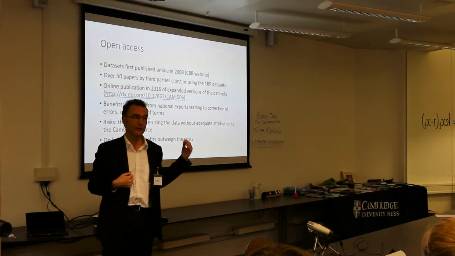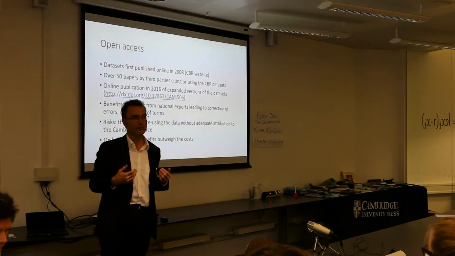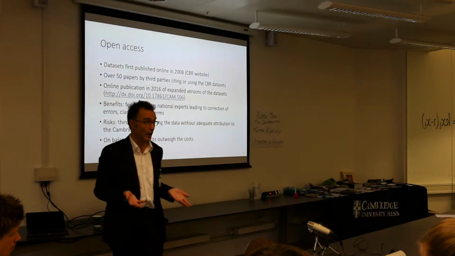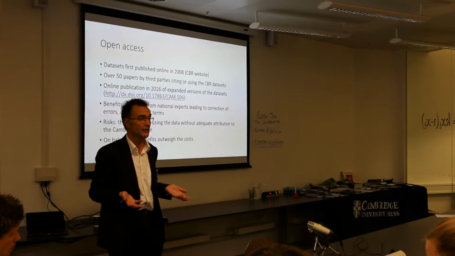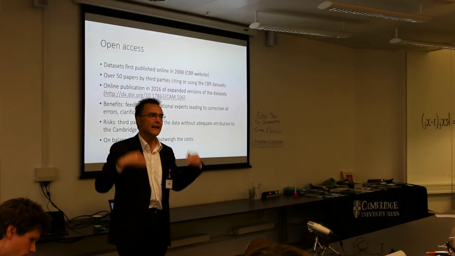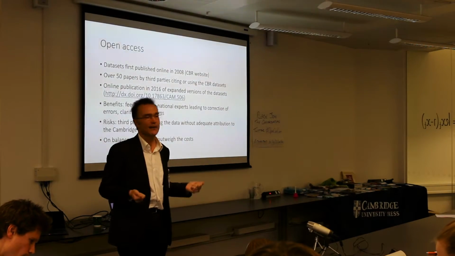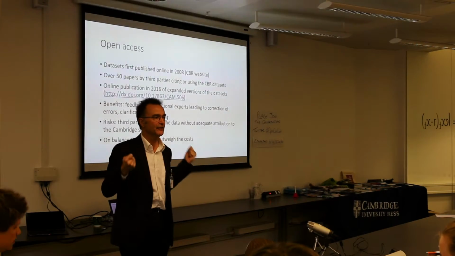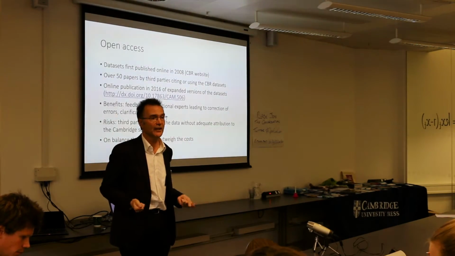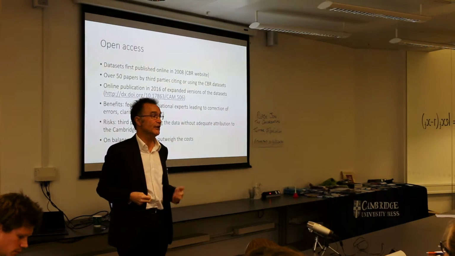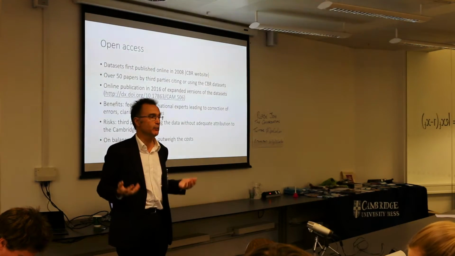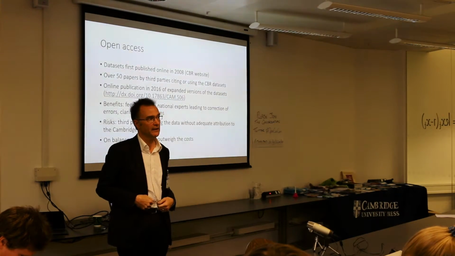That has a downside, and maybe those papers were not cited sufficiently as a result, and the data weren't being used. When we came to do this Leximetric data coding, we took a decision to do the opposite, that we'd make the data available on our own CBR website here in Cambridge from a very early stage. So although what I've just shown you is a new set of datasets greatly expanded, the original datasets were put online from about 2008. People began to download them. So recently we did a count and we found that there were 50 or so studies where people had not just cited but actually used the data. They'd used our approach. That's very encouraging. This wouldn't have happened if the data had not been made publicly available.